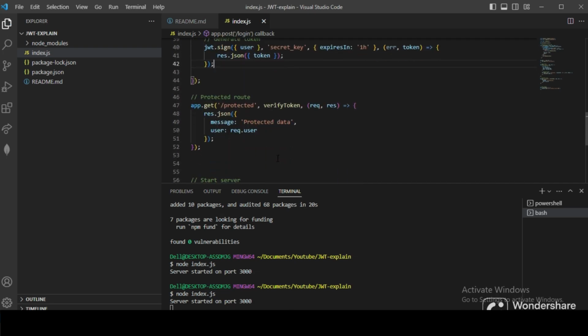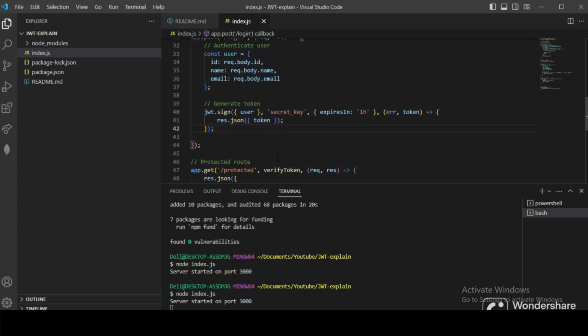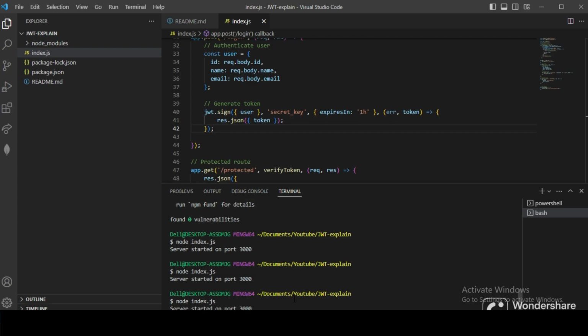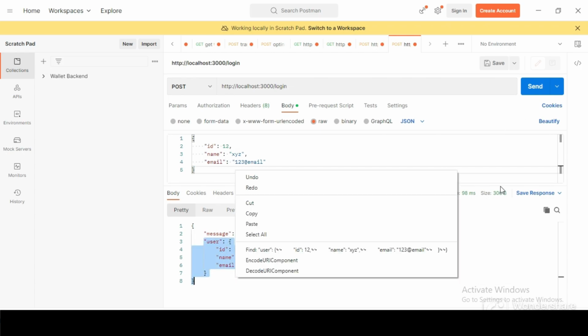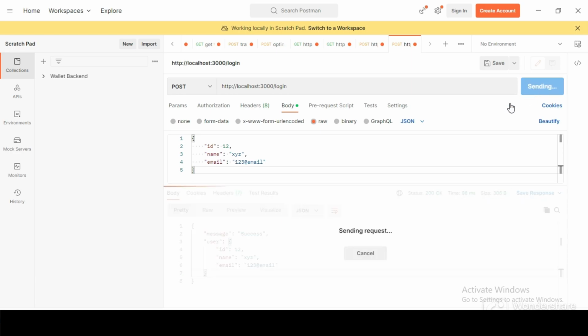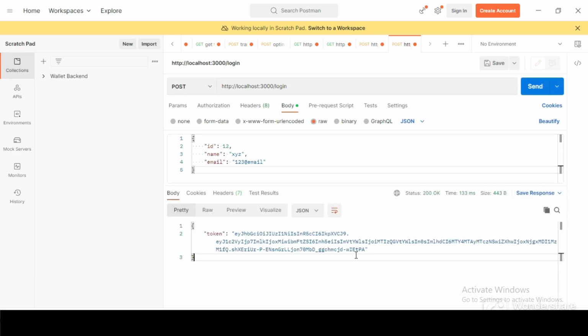So let's say we got the token, right? Let me just show you the token and then we can process it. So when we go back to our login routes, first we are getting this data. Now let's see what we are getting. So when we send, we get on the back end,